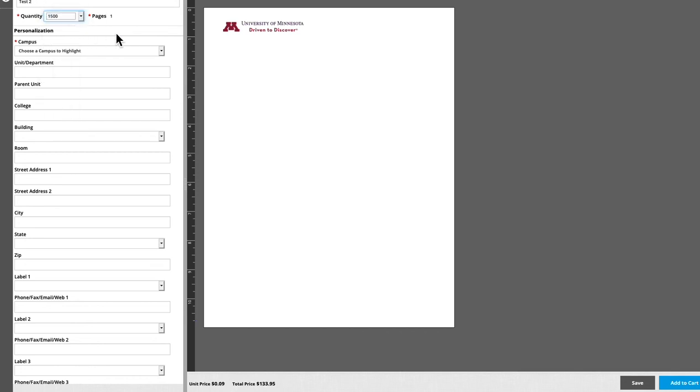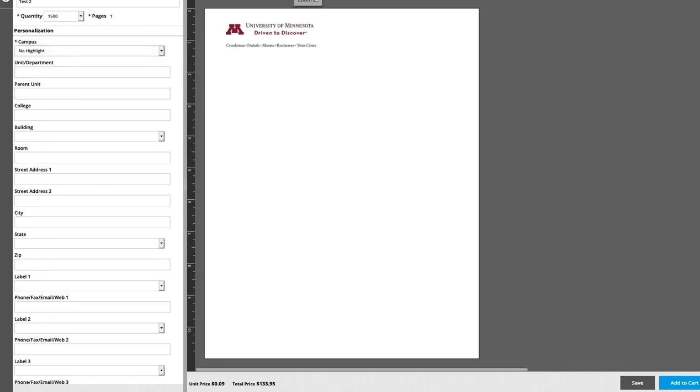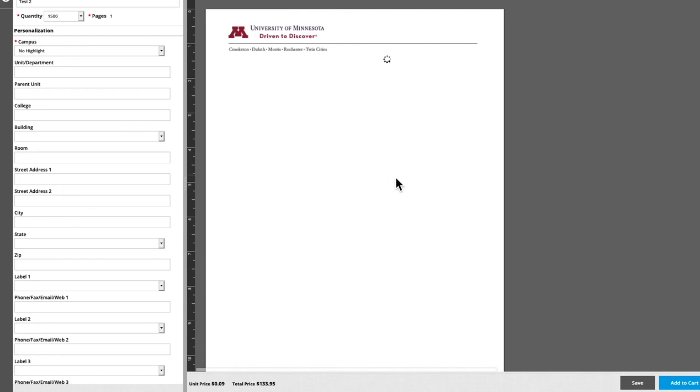All right, first thing we'll do is select the campus that we would like to highlight. As I mentioned, you don't have to highlight a campus. So if I just choose no highlight, you'll see there. I'm going to zoom in just a little bit here. There we go. So this one does not have a highlight. You can choose that, or we can choose to highlight, for example, the Crookston campus, and you'll see that bolded